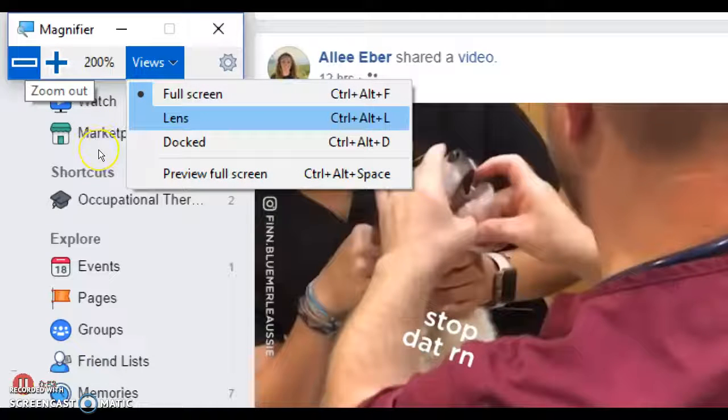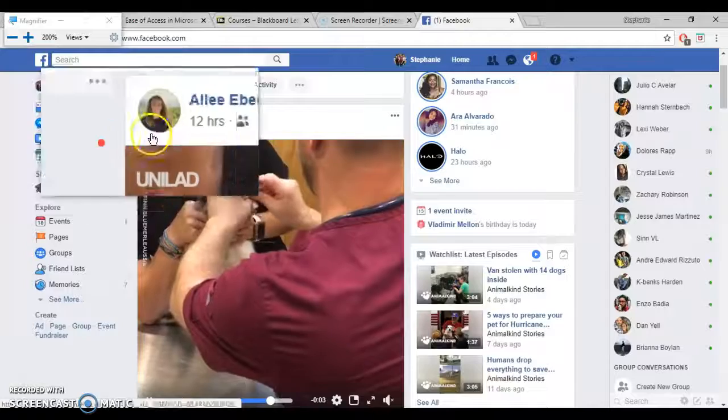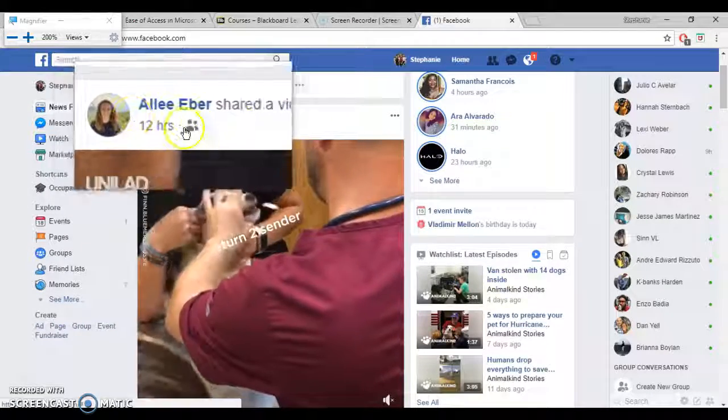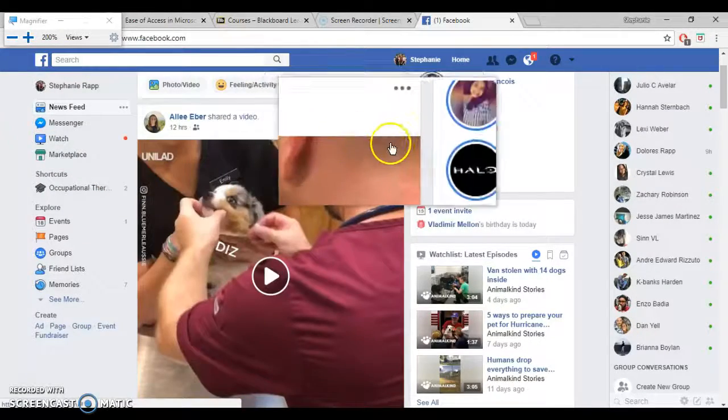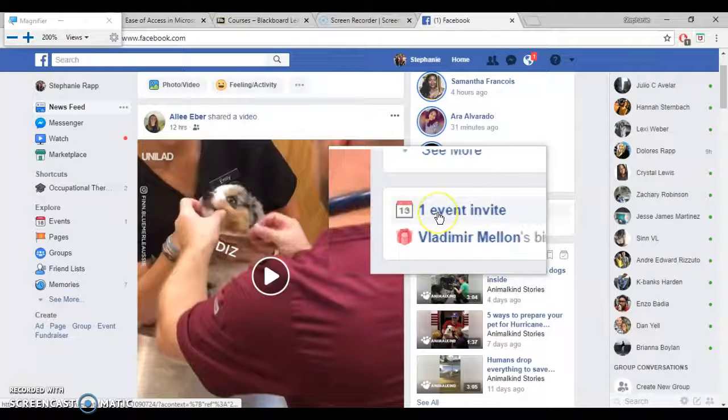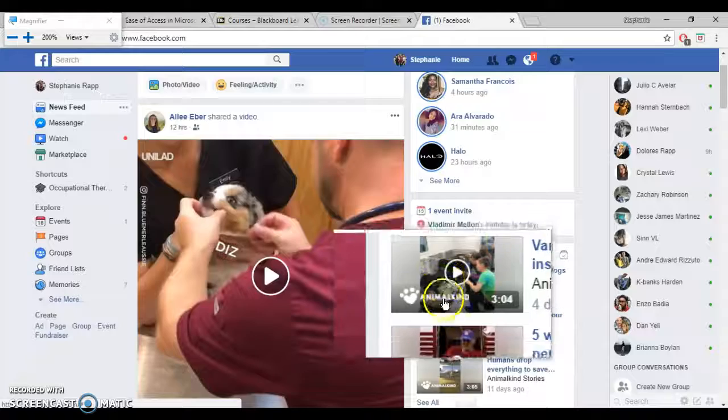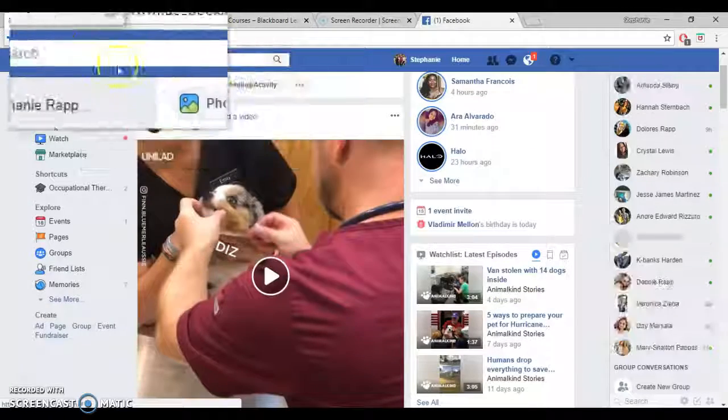So they also have a lens and a docked view. And you can also access these by using keyboard shortcuts. So the lens view is just going to be a square. It's like a magnifying glass. So this allows you to see more of the screen in a regular view as opposed to the full screen one. And then lastly,